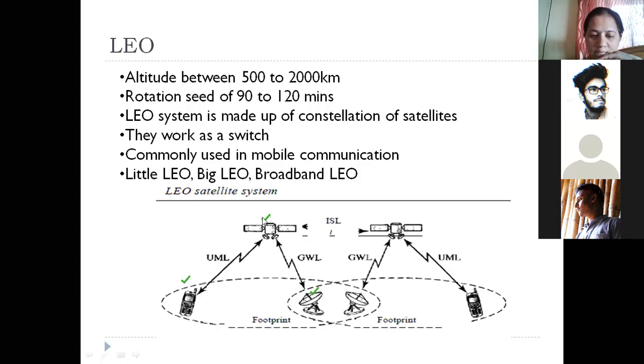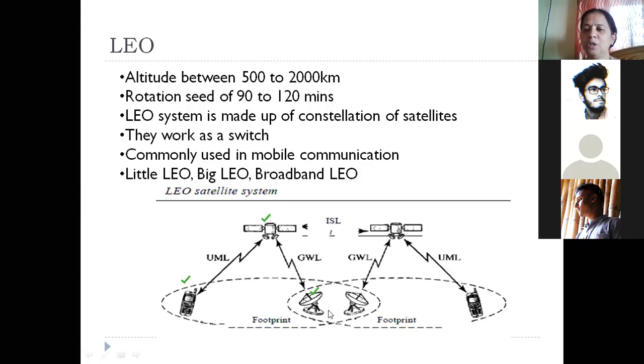So can you see, once the satellite is up there in the air, it is covering a very large geographical area. So it is very easy to make the satellite work like a switch. It will take the data and forward it over to some other outgoing line or to some other destination. That is how satellites are very useful in communication, and generally they are used for long distance communication and in mobile communication.